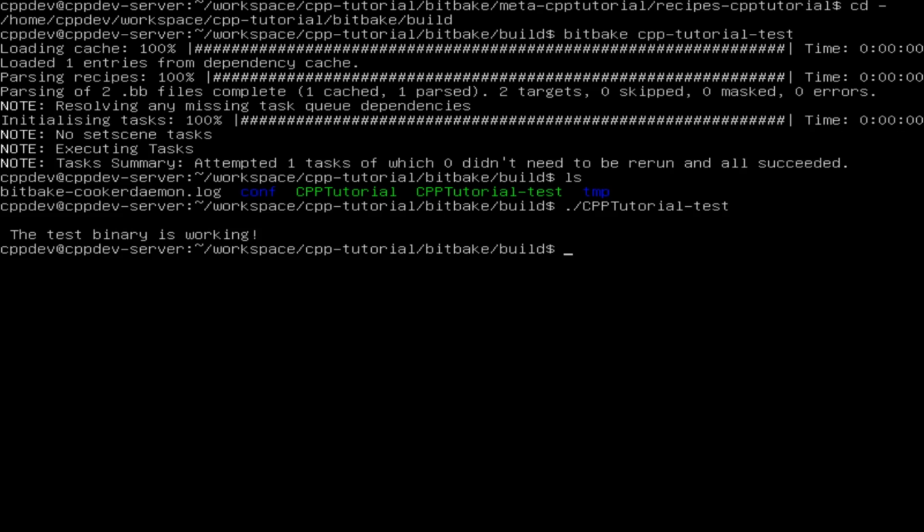You can have the actual test binary without having built the actual executable binary, the normal binary.